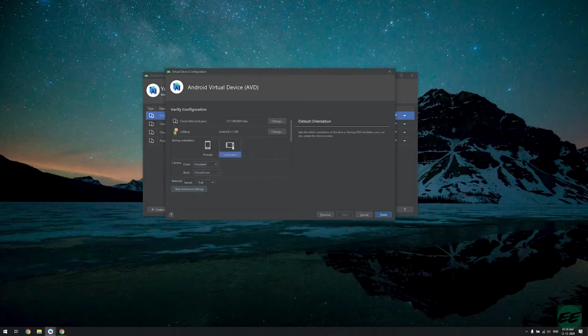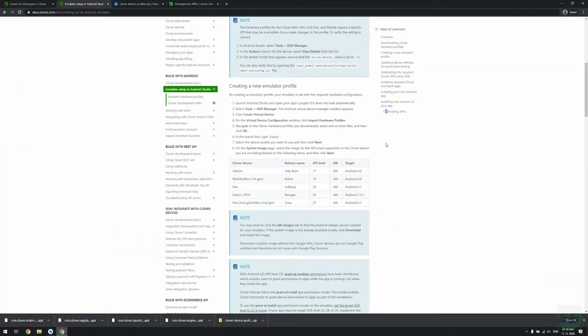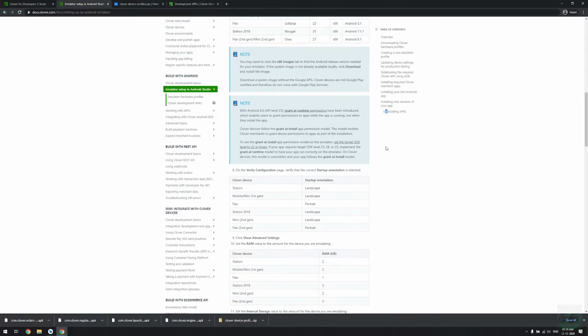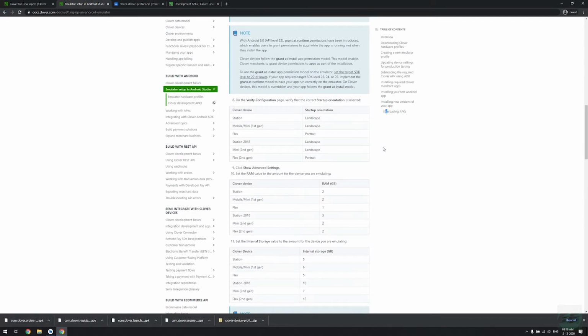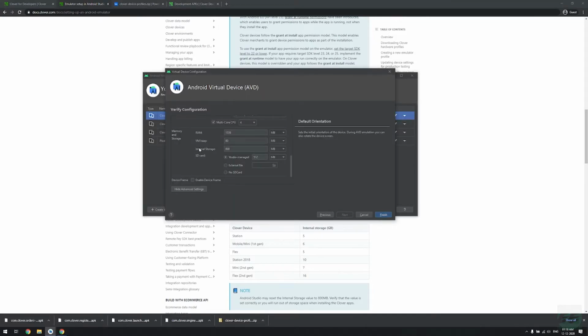Here I'm going to select this to always be at landscape. That's how it is. And here we have RAM. So they have provided us with the preferred RAM and preferred internal memory. So for mobile second gen, they prefer 2 GB of RAM and 7 GB of internal storage. Okay. So since we have selected